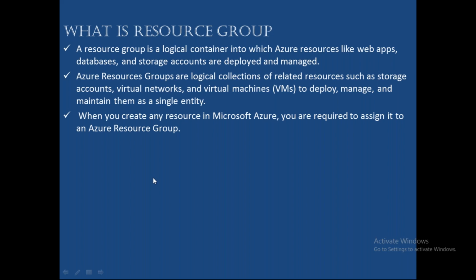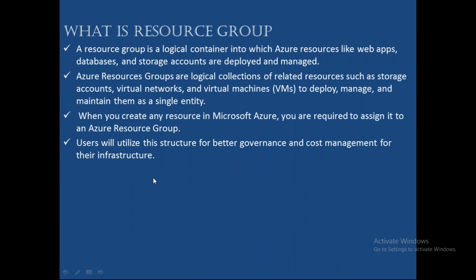For example, when I create an Azure Data Factory service, it should be included in one resource group only, not multiple. Next thing, you cannot create an Azure Data Factory without assigning a resource group. You must tell in which resource group you want to add it, whether it's the dev, UAT, or production resource group. Next,